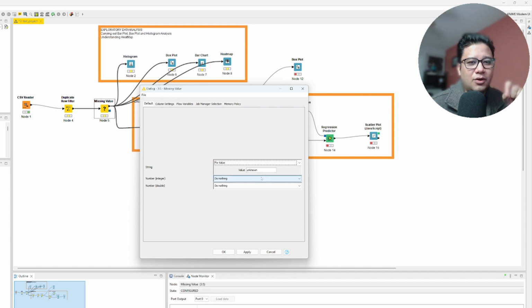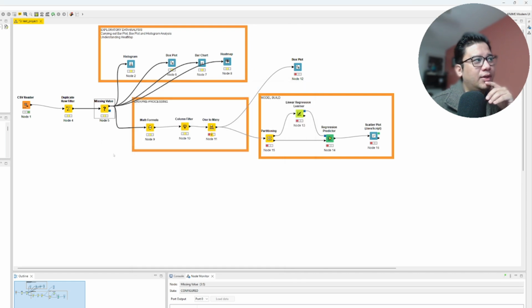Okay, instead of having a question mark or an NaN value, let's put it as unknown. For integer and duplicate, we are not doing anything right now. For float or double integer values, we're not doing anything right now. So let's keep it as it is. Okay, and then run this